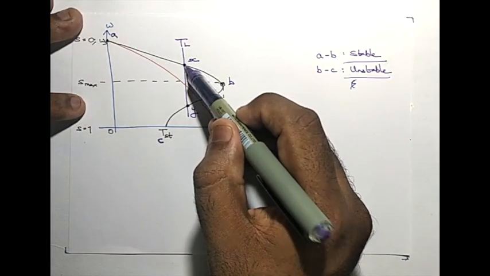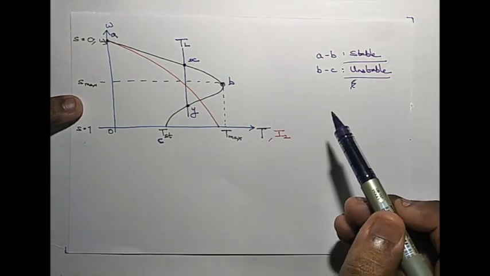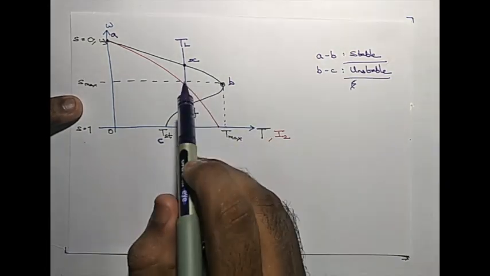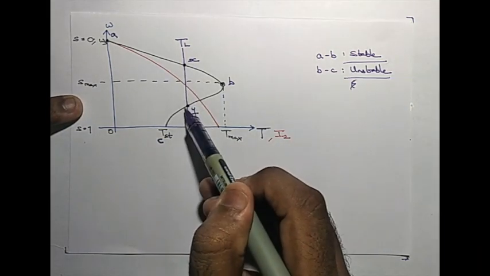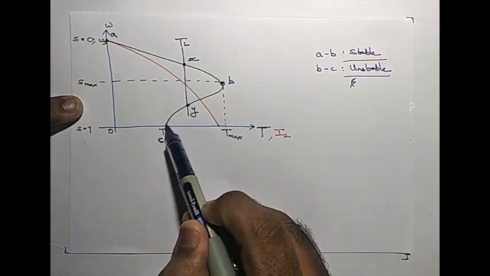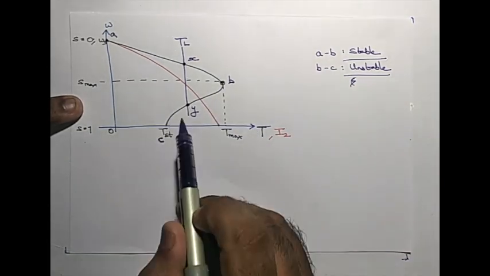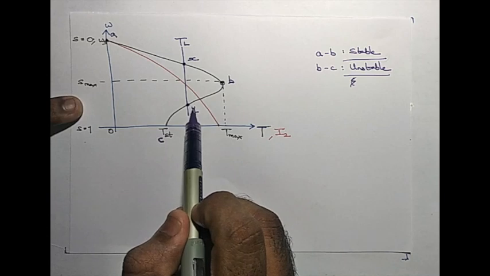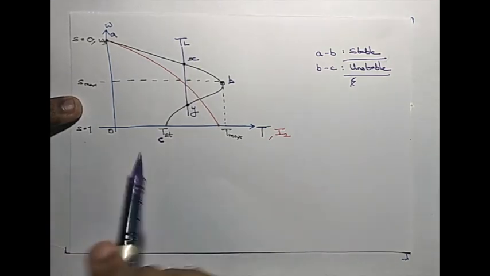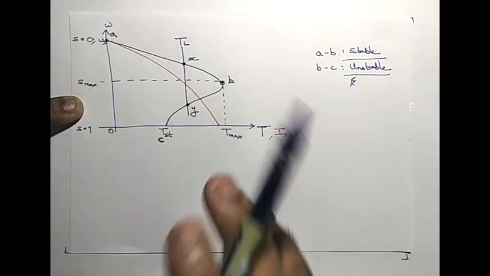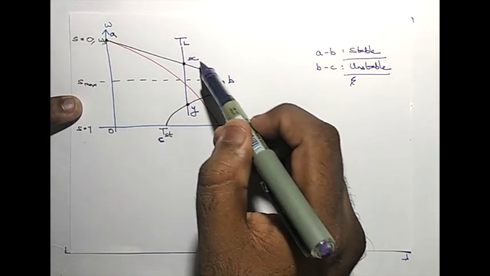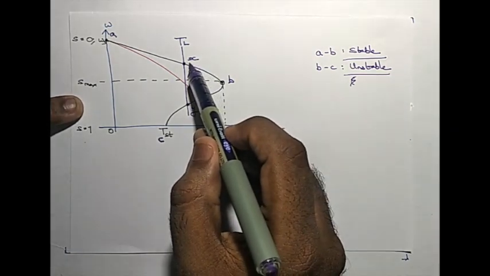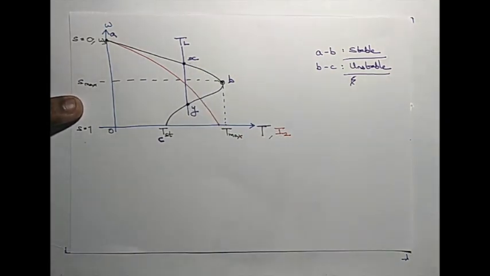Here you have two operating points, point X and operating point Y. Where should you operate? Suppose you have a special type of load, a fan load, where you can operate at X as well as at operating point Y. The flip side is that this zone is unstable, but for fan loads they are stable. So let's say here also it is stable, here also it is stable. Generally we say this is unstable, but for peculiar types of loads this is stable. I have a peculiar type of load, and given a choice, where will you operate? Will you operate at point X or at point Y? That is the point being discussed.